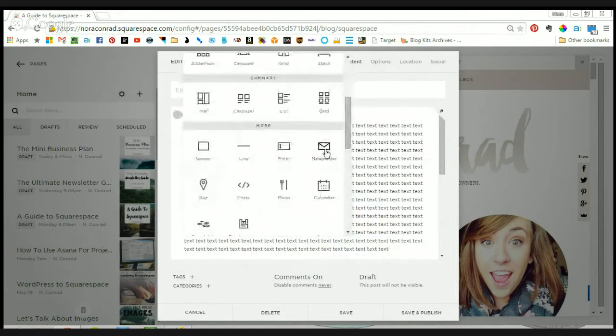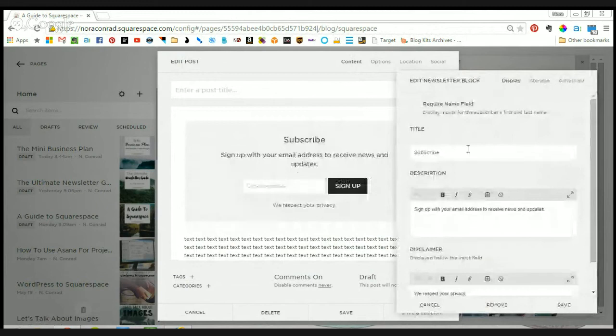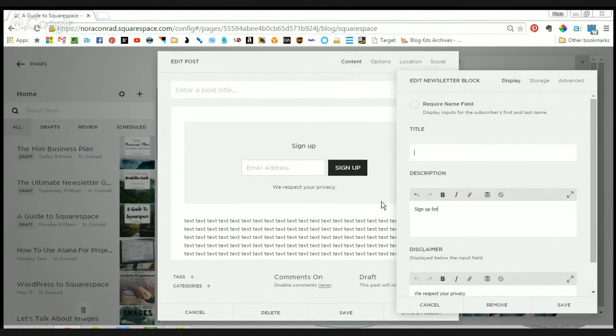So now I will show you the newsletter block. The reason I'm going to show you this is because I use this in a very specific way to grow my newsletter. So I'm going to show you how I do that. You can pick the title. Usually I like to just use the description because the title is so large, it almost always puts it on 2 lines. So I can say something like download the free PDF